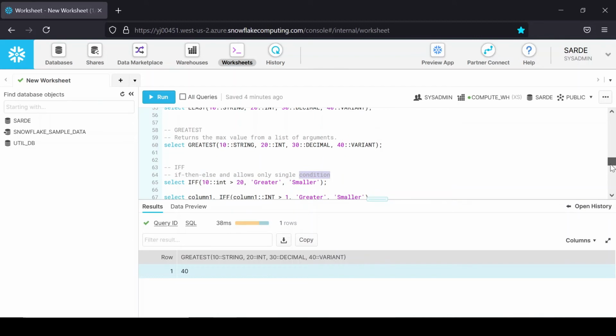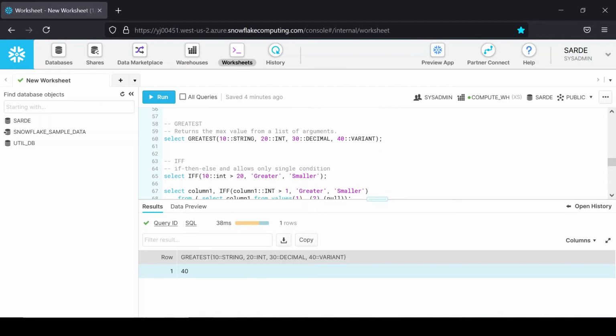So here we can check. If I run this query, I can see it has returned smaller, that means 10 is greater than 20, which is false, that's why it will return smaller.